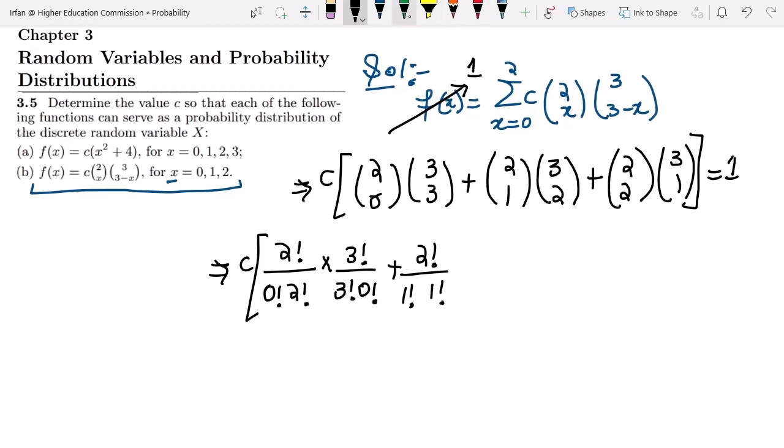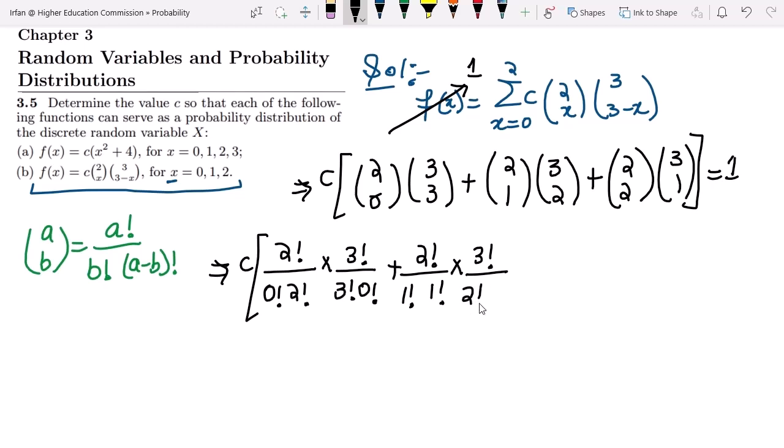I have been doing it because I know the formula for A choose B, and this is what it should be: A factorial divided by B factorial, whole divided by (A minus B) whole factorial. Okay, so I have been using this formula. Similarly here I have to use 3 factorial divided by 2 factorial, and then 3 minus 2 is 1 factorial, plus this 2 factorial divided by 2 factorial, multiplying it with the 0 factorial, because 2 minus 2 is 0,